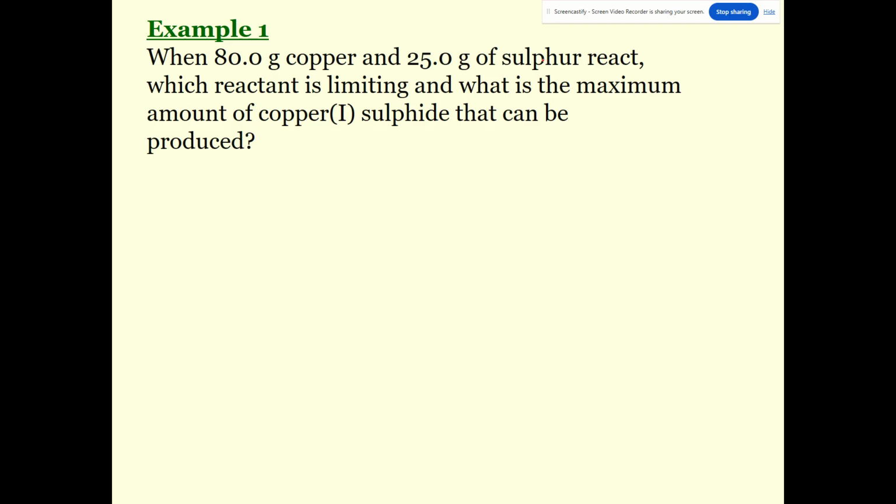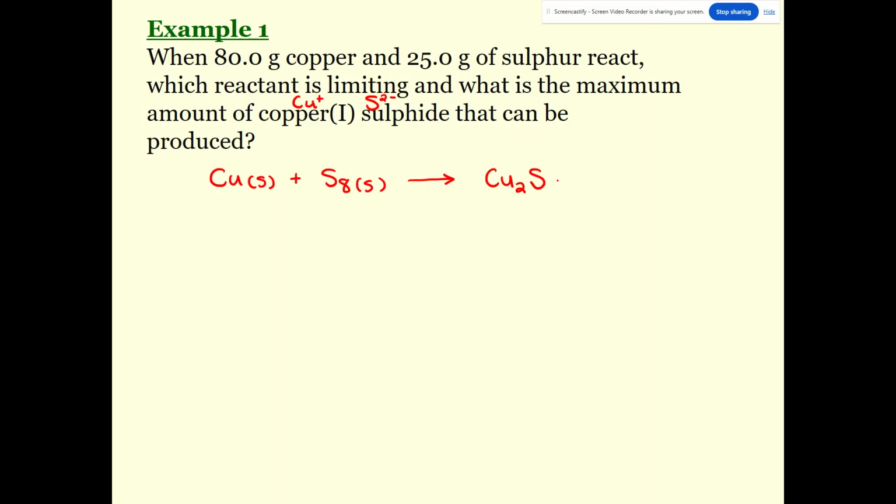So starting with copper reacting with sulfur. This is a composition reaction. So copper is Cu solid. Sulfur, when it's by itself, remember, is S8, and it's a solid. This reaction is not happening in water, so I'm not using my solubility chart to find my products. It is telling me the charge of copper. Because copper, again, is multivalent, it's telling me to use the 1+ charge. Sulfide is sulfur. It has a 2 negative charge. So this would be